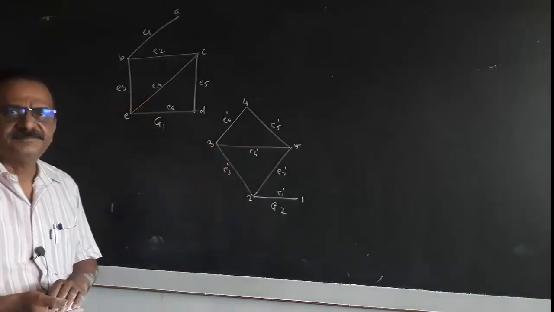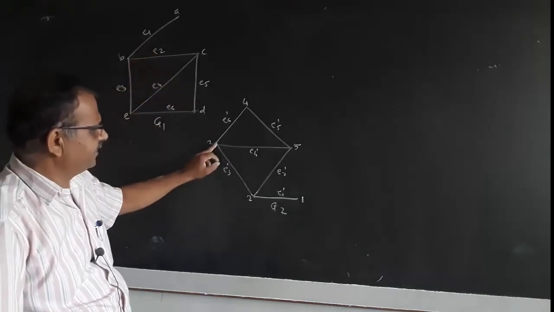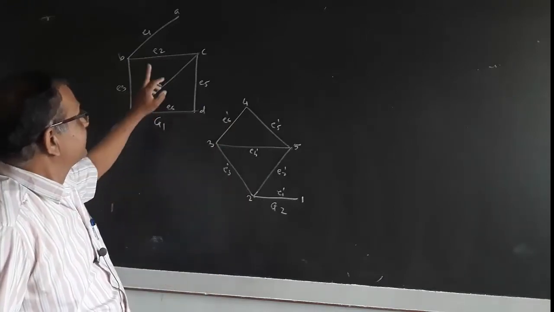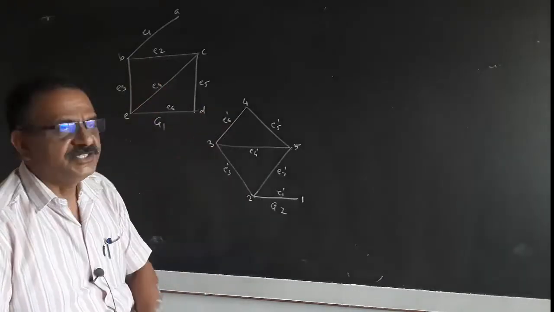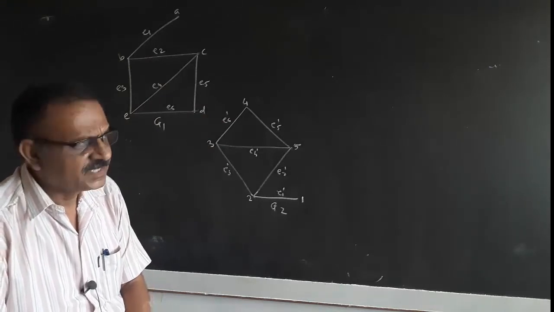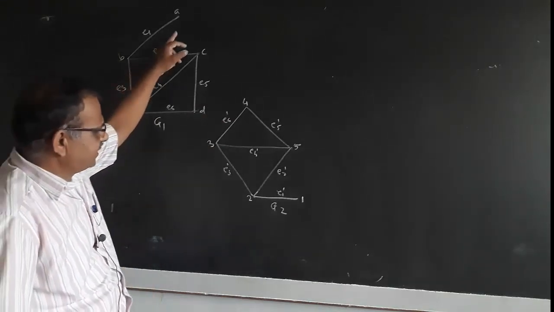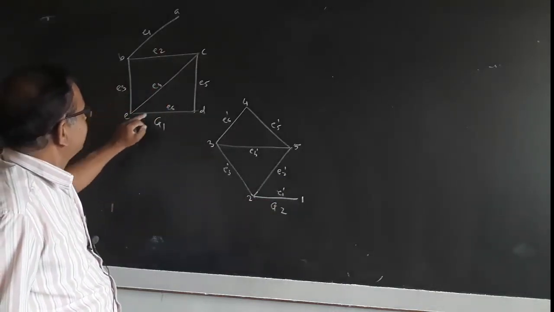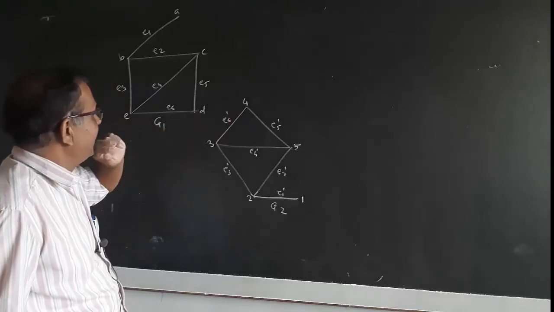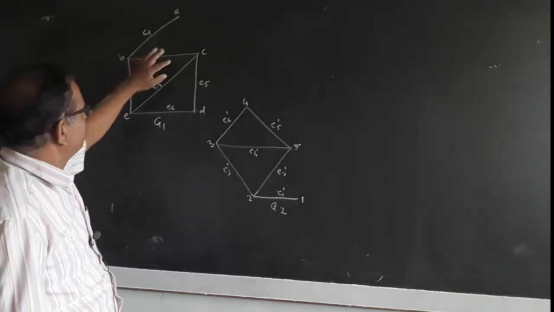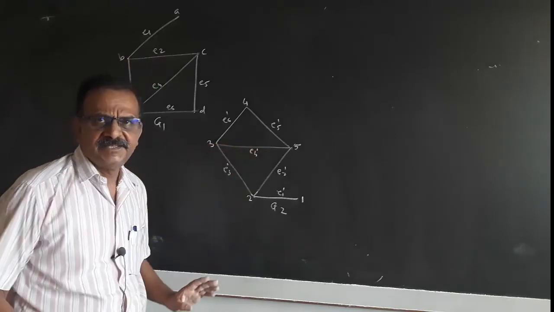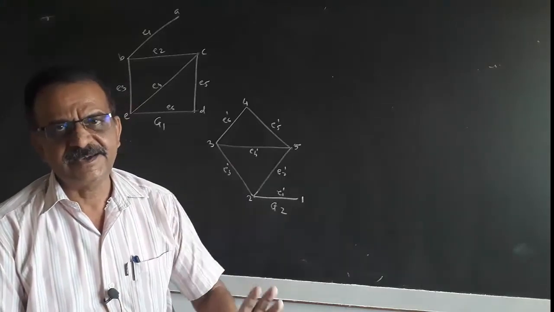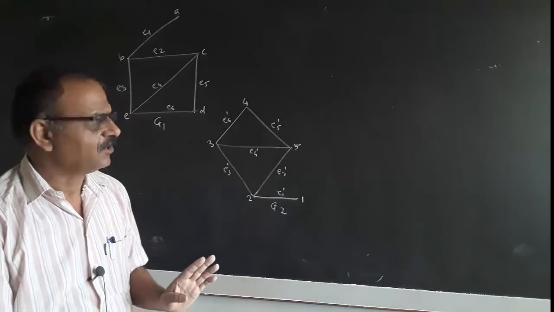We can see that there are 5 vertices in G1, there are 5 vertices in G2. Number of vertices are same. There are 6 edges in G1, there are 6 edges in G2, number of edges are same. There is 1 vertex of degree 1, 1 vertex of degree 2 and 3 vertices of degree 3. Therefore, they satisfy all the above 3 conditions. That means these 2 graphs satisfy the necessary conditions of the isomorphism of graphs.